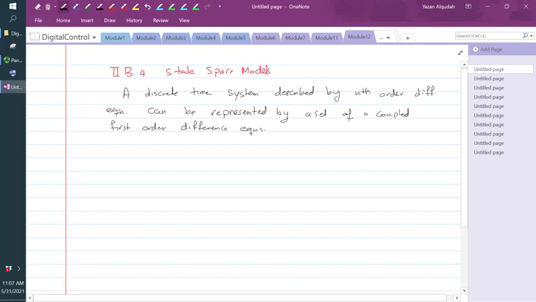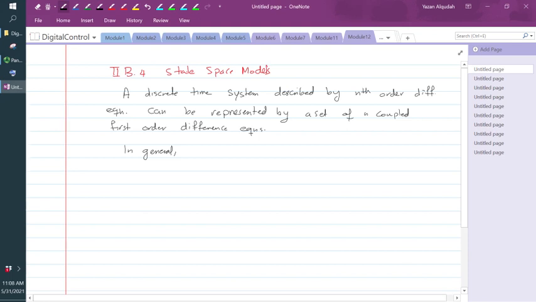Again, nth order system, we're going to need n coupled first order difference equations. Okay, so in general, if I have an nth order single input, single output, linear time invariant discrete time system, we can represent it